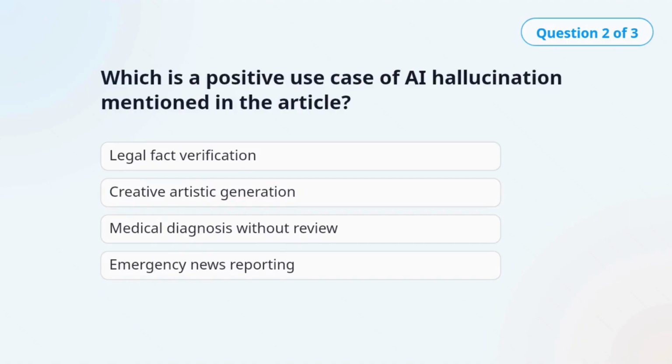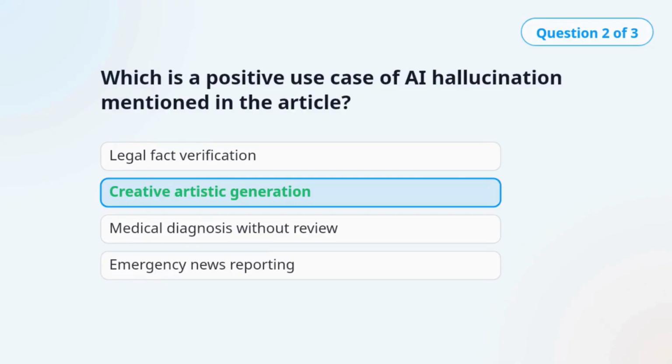Question 2. Which is a positive use case of AI hallucination mentioned in the article? The correct answer is creative artistic generation. The article notes that hallucination can support artistic creation, surreal imagery, and imaginative design.